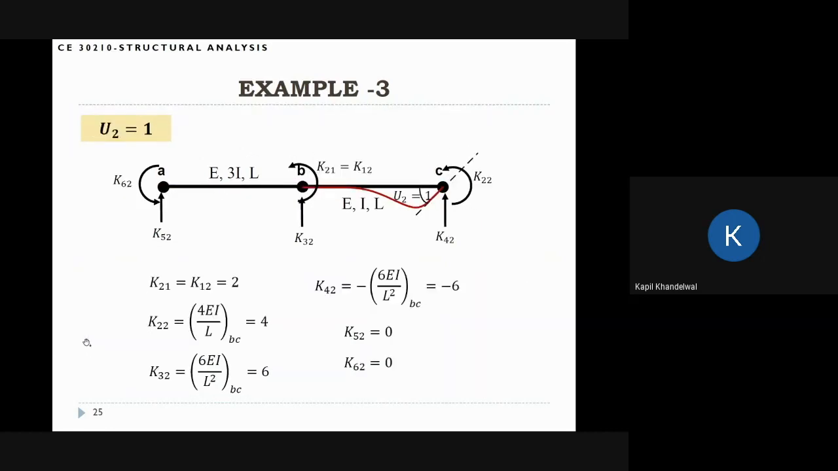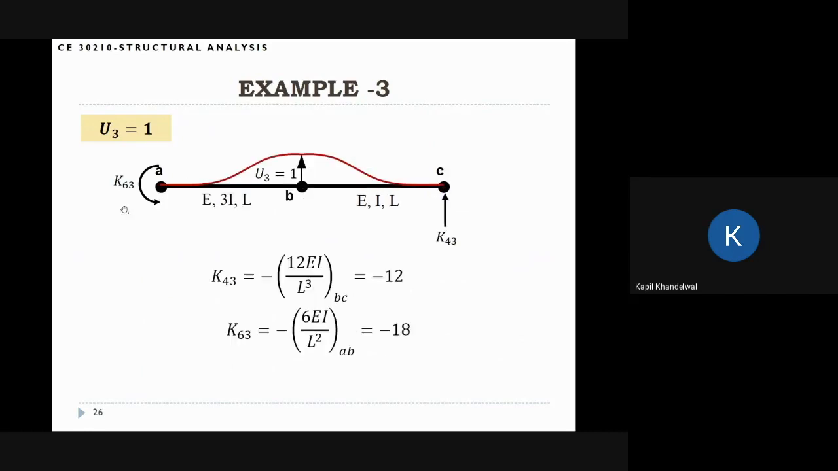So K12 is equal to K21 is equal to 2. So we get this number by symmetry. This is the second degree of freedom. And then we have to just do U3 and U6 because those are the supported degrees of freedom. This is the U3. So in this case, we take the third degree of freedom and move it by 1